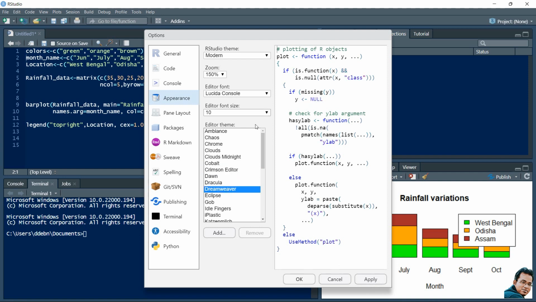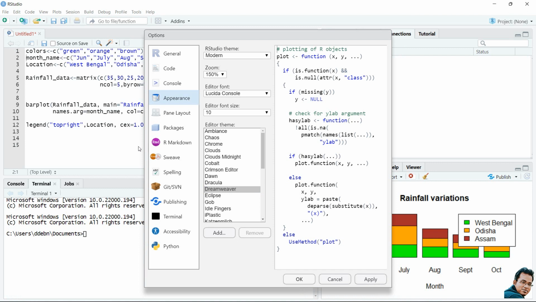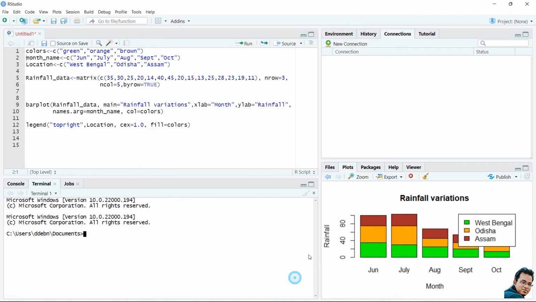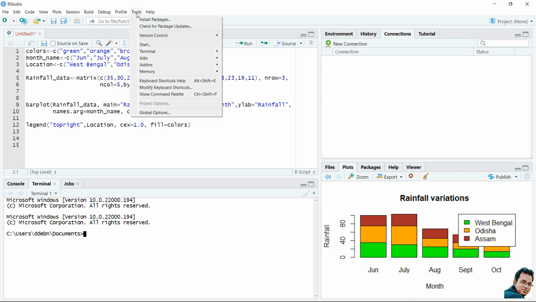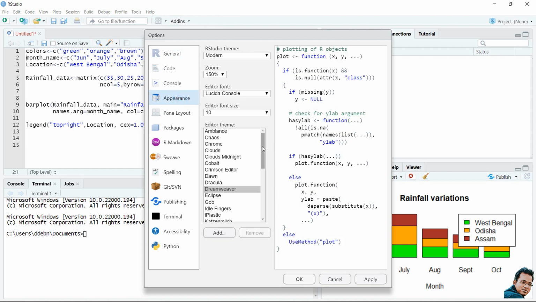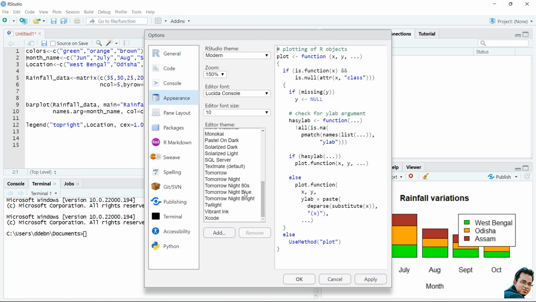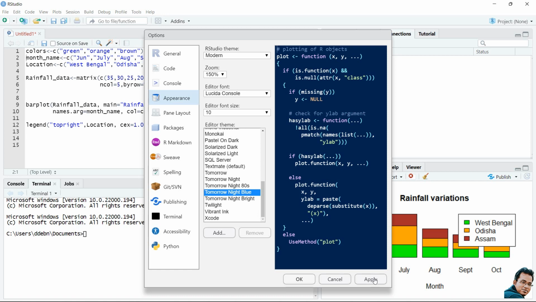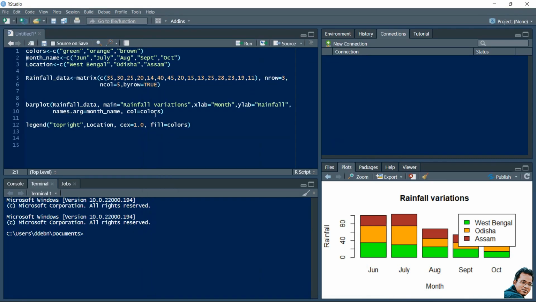Let's say this is the theme I want to set. I have selected this theme and click here on this apply button. You can see my theme has been changed. Now to redo this task again, go to appearance and select this Tomorrow Night Blue theme. So we can change the theme.